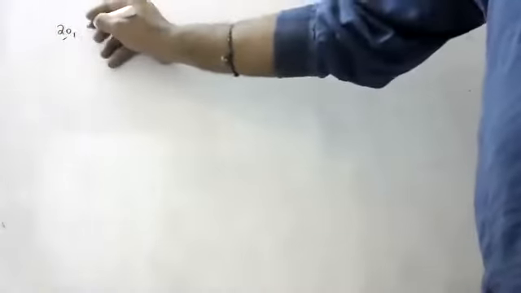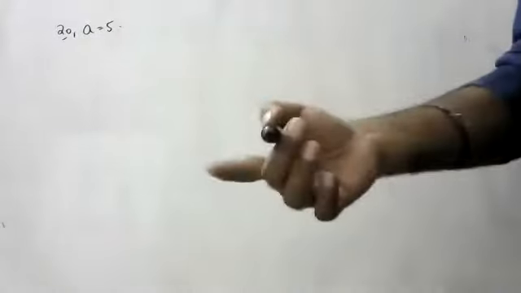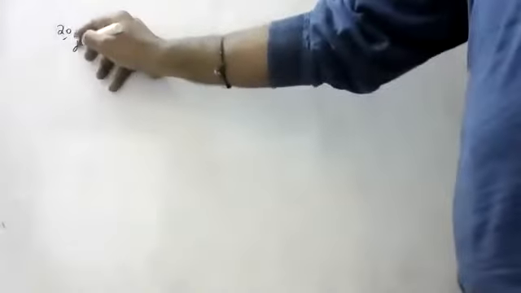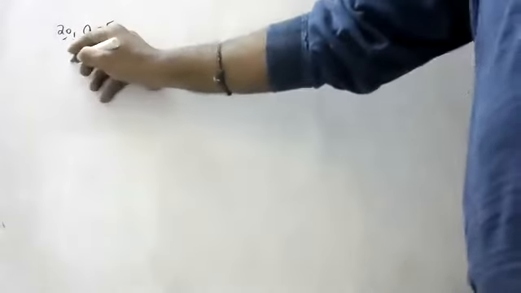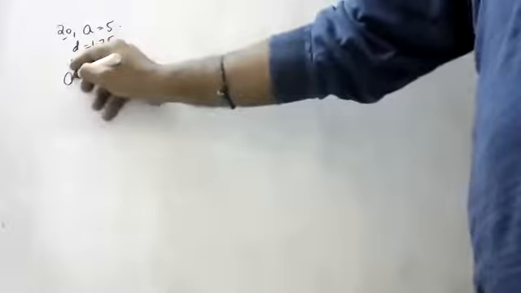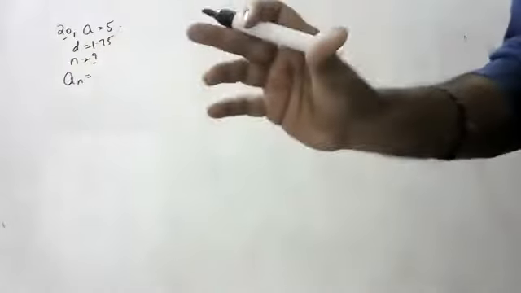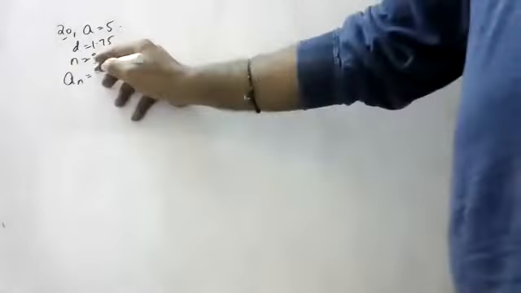So, first word problem. Ramkali saved 5 rupees in the first week. Children, see here. Ramkali saved 5 rupees in the first week, and in the next weeks she kept on increasing her savings by 1.75 every week. After how many weeks, in which week, will her savings become 20.75?